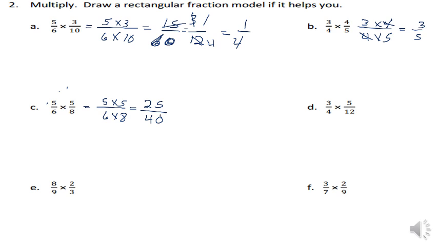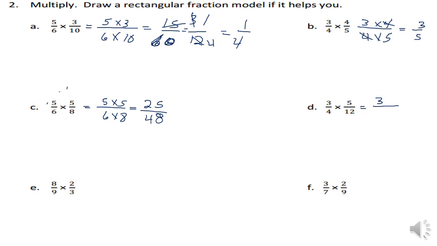40, 48. Now, to see if I can simplify it, I know they can't be reduced by 2 because they're both not even. 3's, they're not, because if I add the 2 digits, 2 and 5, it's 7. That's not a multiple of 3. They're not a multiple of 4 because they're not multiples of 2. And 5, they have to end in 0 or 5. So this is already in simplest form. If we go to the next one,